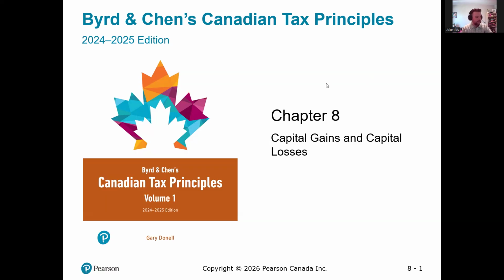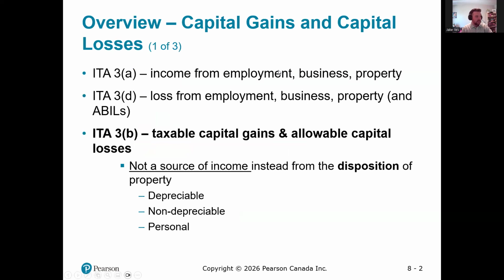of gains and losses. So capital gains and losses: in Tax 1, we discussed income from employment, business, and property. The thing about capital gains and allowable capital losses is they're not a source of income. The key detail about capital gains is they are incidental to our intentions. If I purchase something with the intention of selling it again at a higher value, and to make money on that, that's not really capital, that's inventory.